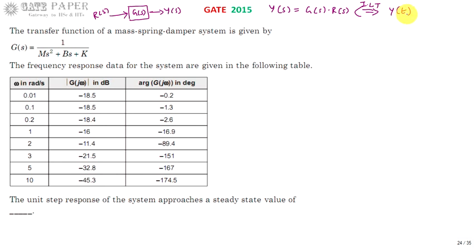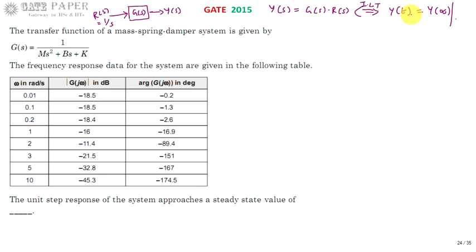Steady state is reached whenever time is tending to infinity. So we are going to calculate the steady state value Y of infinity, that is, the t value is infinite, when a unit step input is given, that is R of t is equal to unit step. For that, in the Laplace domain, R of S is written as 1 by S. So the unit step input can be written as 1 by S in the Laplace domain. Now you will calculate Y of S by using R of S equal to 1 by S. Then you are going to calculate Y of infinity.